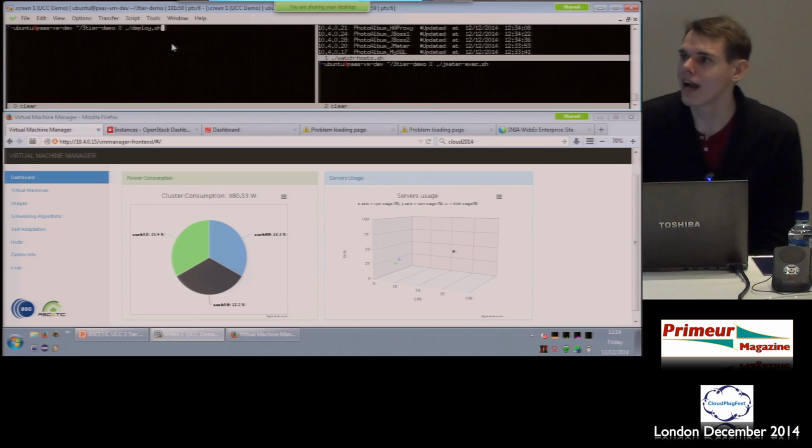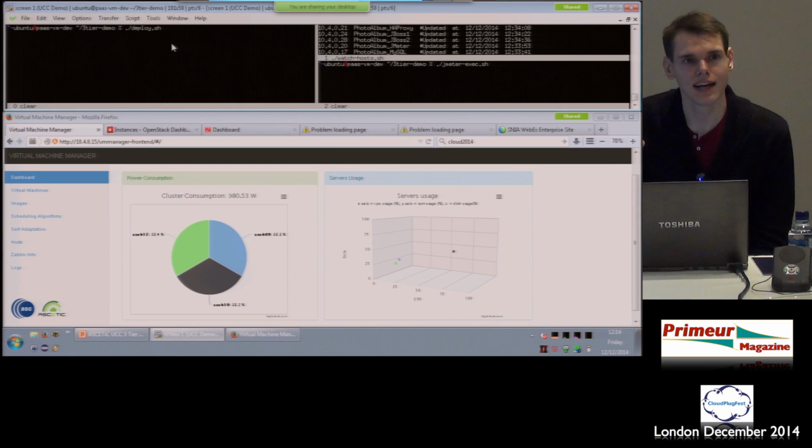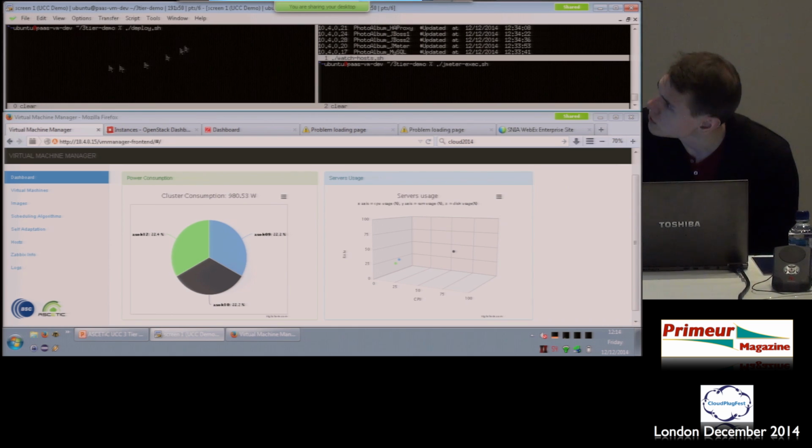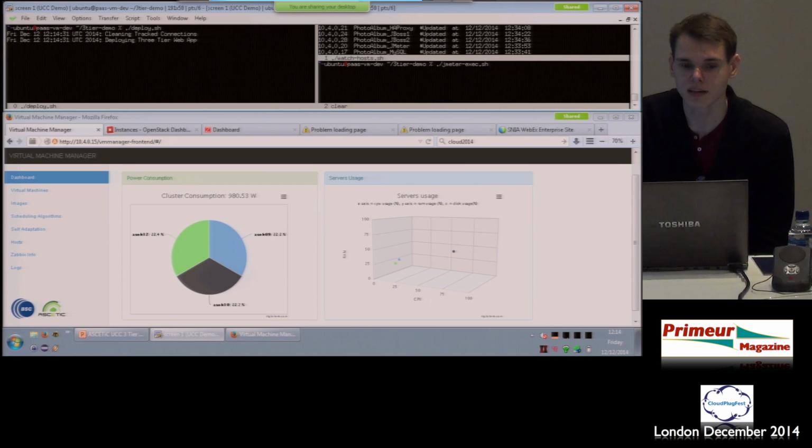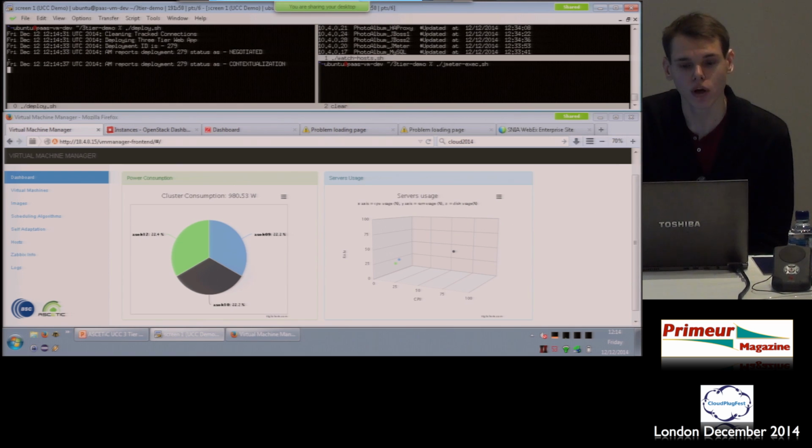Because we're entering the system at the PaaS layer, there isn't actually any user interface here. So what I'm going to show you is a scripted deployment of the application, and then the tools that we have available that enable you to explore the energy consumption of that application. In the top part of the screen here, I'll run a deployment script that basically takes an OVF description of an application and deploys it to OpenStack. And what we'll see is that